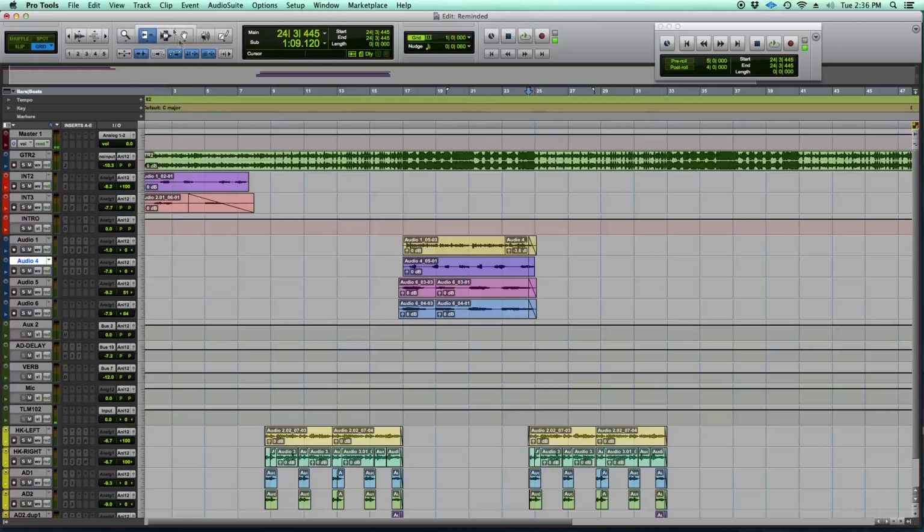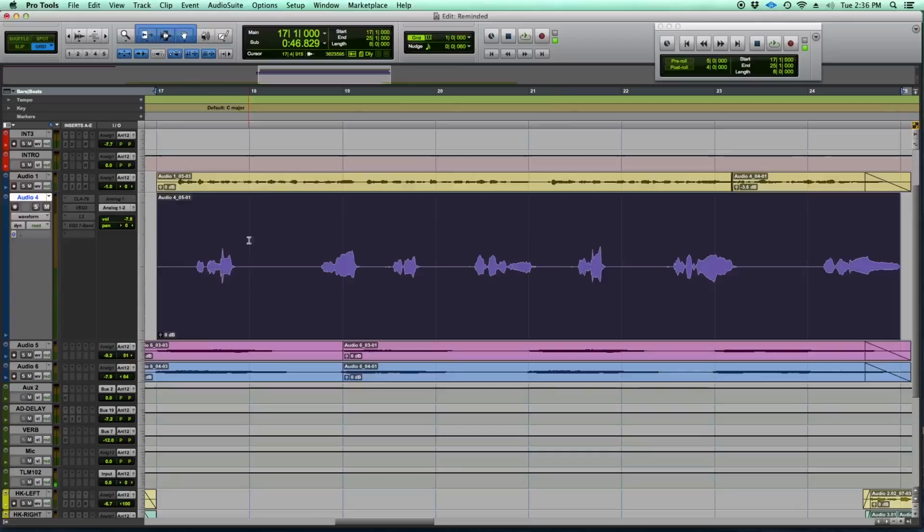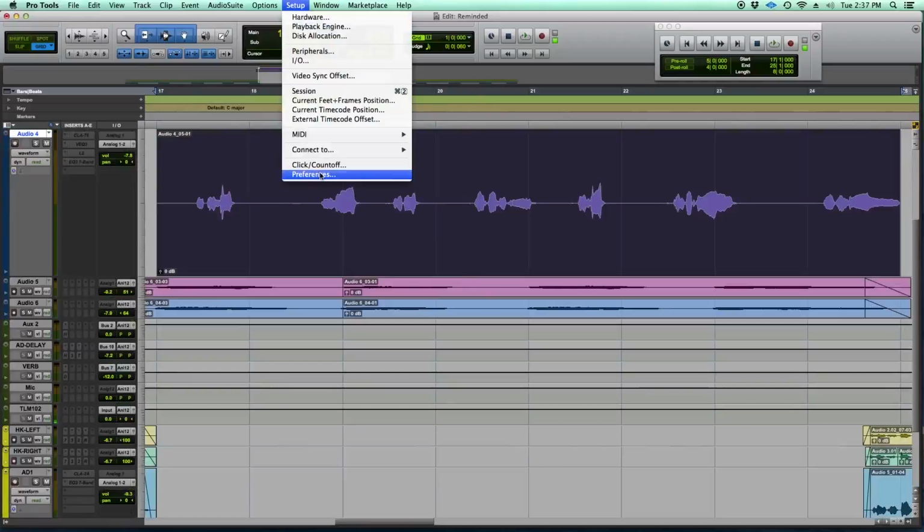Let's go back to the smart tool, select this, and let's go big boy on here. The way I did that was I just hit E on my keyboard. I had to make sure that this little A through Z is selected over here, and I could configure the zoom option in my Pro Tools preferences. If you go to preferences,